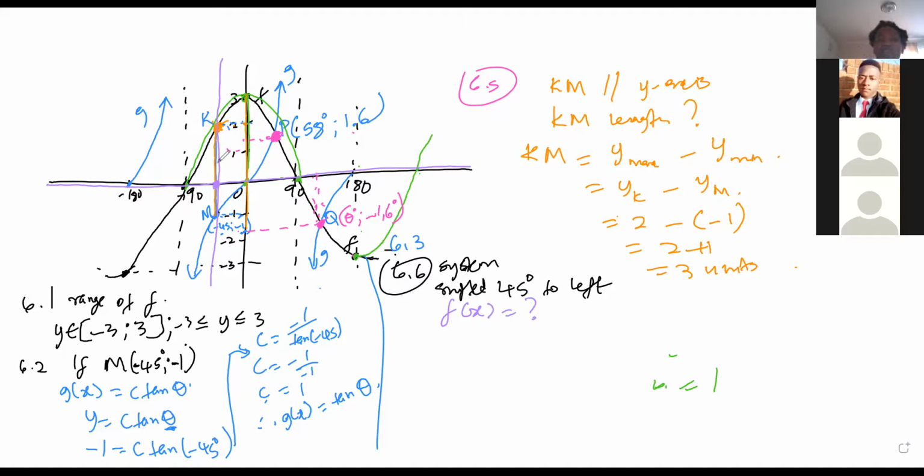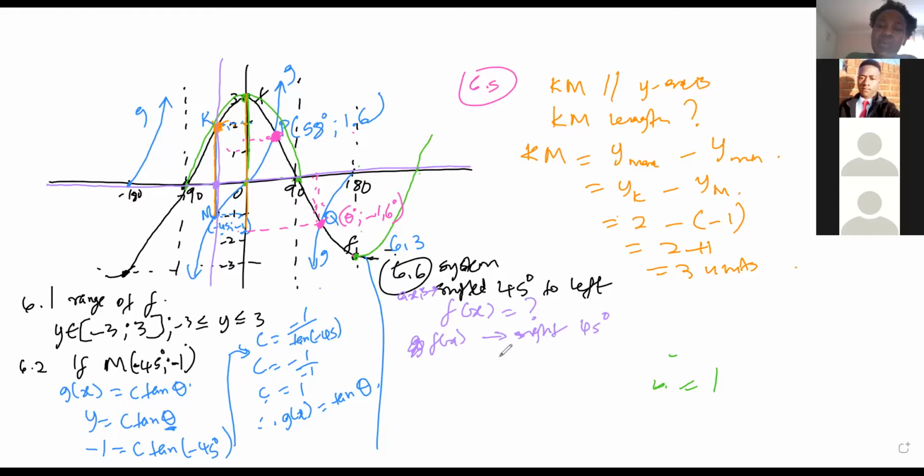Okay, so the axis shifted 45 degrees to the left. That means if the system shifted to the left, our graph shifted 45 degrees to the right. So if the axis shifted to the left, the graph itself shifted to the right by 45 units. And remember, from initial those nodes, when your graph shifts to the right,